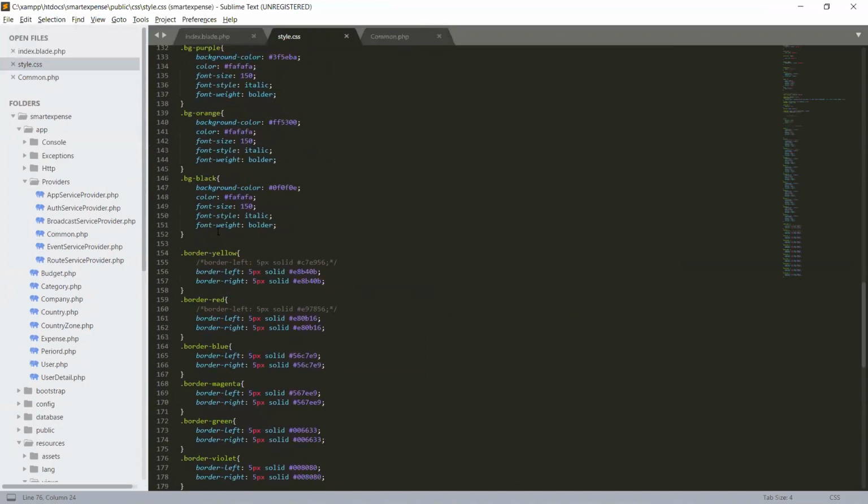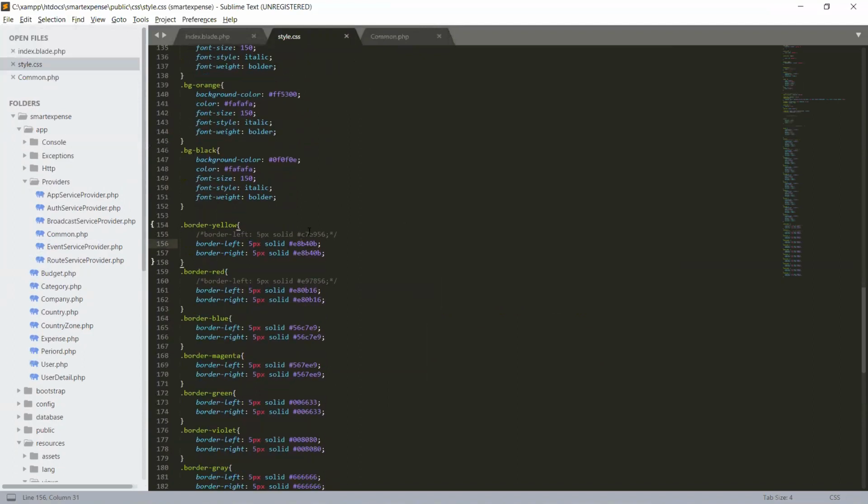For border, that will be a border of the anchor tag. So border yellow will be border left 5 pixel, only the left border of the anchor tag, 5 pixels solid, and this color, a yellow shading color like that. You can use this.